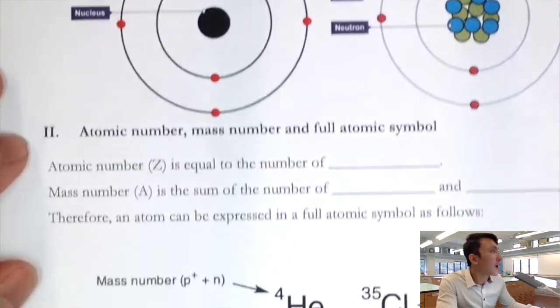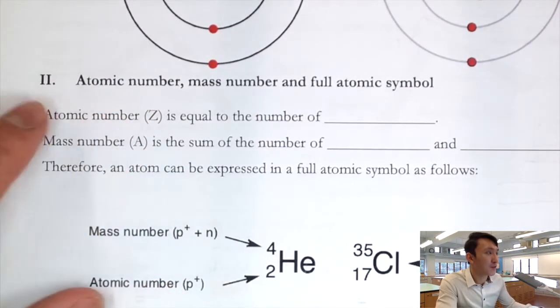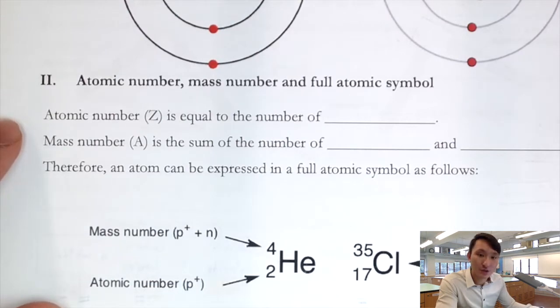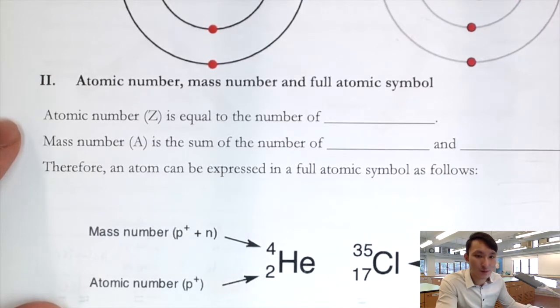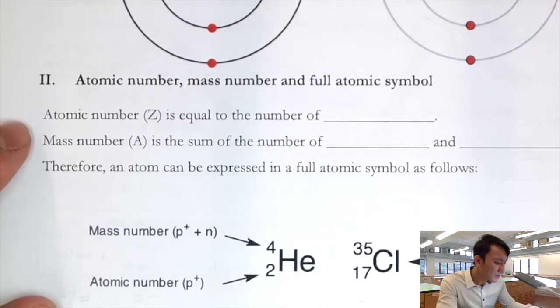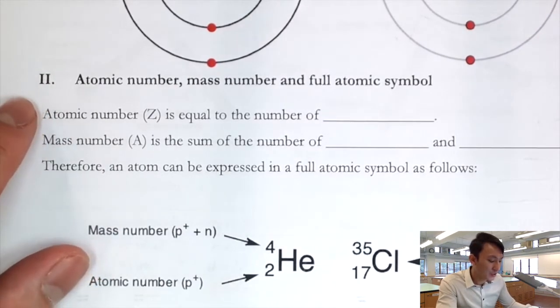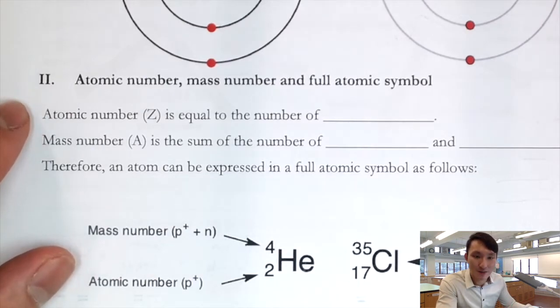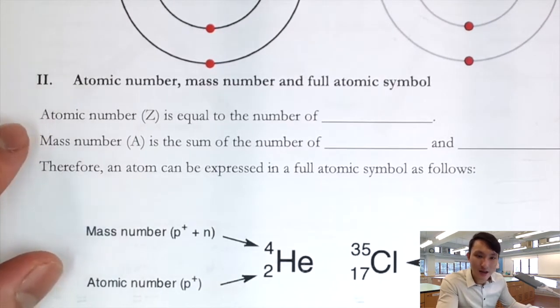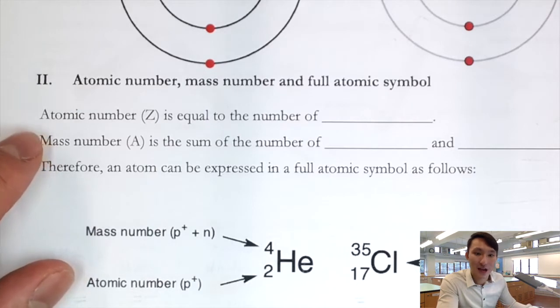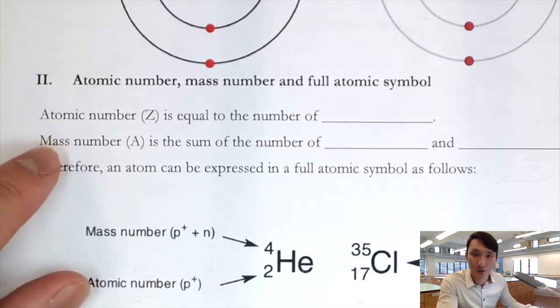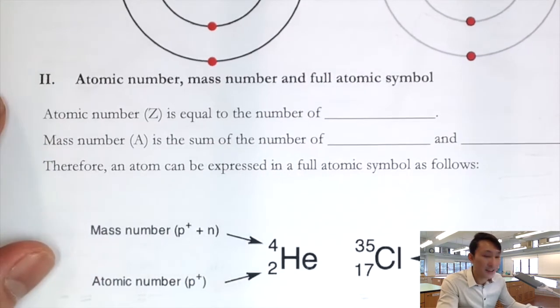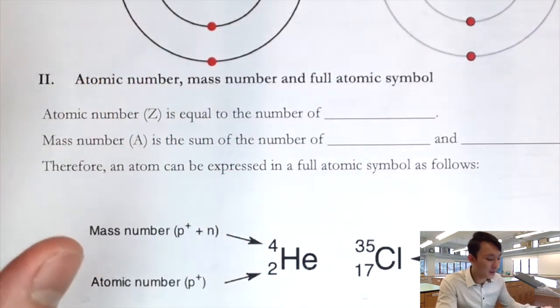All right. So here, atomic number, mass number, full atomic symbol. Here we introduce one very useful way to represent an atom. Right now, we try to figure out how to represent an atom using a very simple representation, and with just one symbol, it is able to entail 6 pieces of information in total. So let's see how it works. Again, play by the rules and everything would be fine. So first of all,